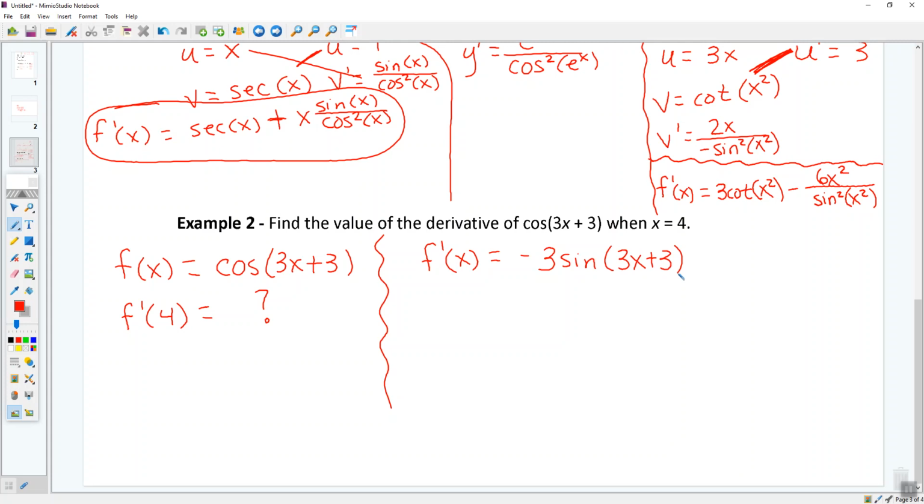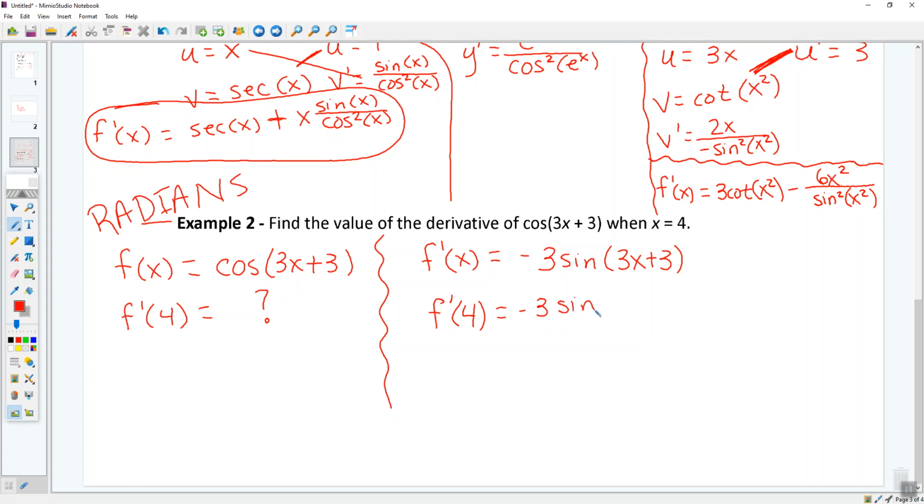Well, here's the deal now, and you gotta be very careful on this. When we're dealing with rates of change with trig functions, and we're looking at f prime of 4, make sure your calculator is in what mode? Radians, all right? So kids, what are we going to plug in for x right here to find that? Okay, so this f prime of 4 becomes negative 3